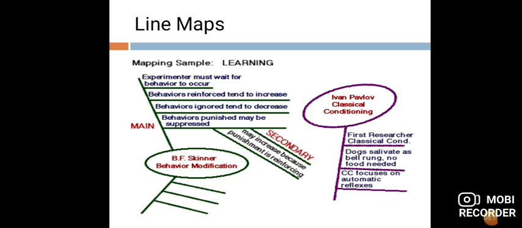Then come the line maps. If you do not like drawing circles or squares, then you may find that line or wheel maps work well for you. To draw a line or wheel map, write your topic in the center of the paper. Then add subordinate points on lines that radiate up, down, or out from it. You can insert supporting details by adding lines that extend out from the subordinate points.